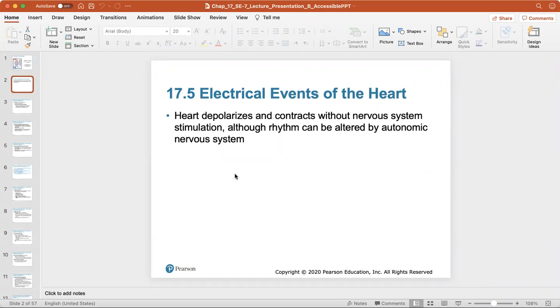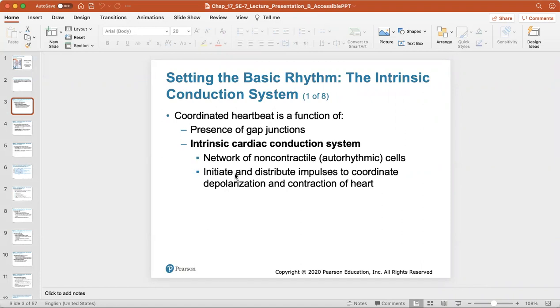So your heart depolarizes and contracts without any nervous system stimulation, although its rhythm can be altered by your autonomic nervous system. So your nervous system, remember, can speed up heart beats or slow them down. The coordinated heartbeat is a function of the presence of gap junctions and the intrinsic cardiac conductive system, which is a network of non-contractile autorhythmic cells that initiate and distribute an impulse to coordinate the depolarization and contraction of the